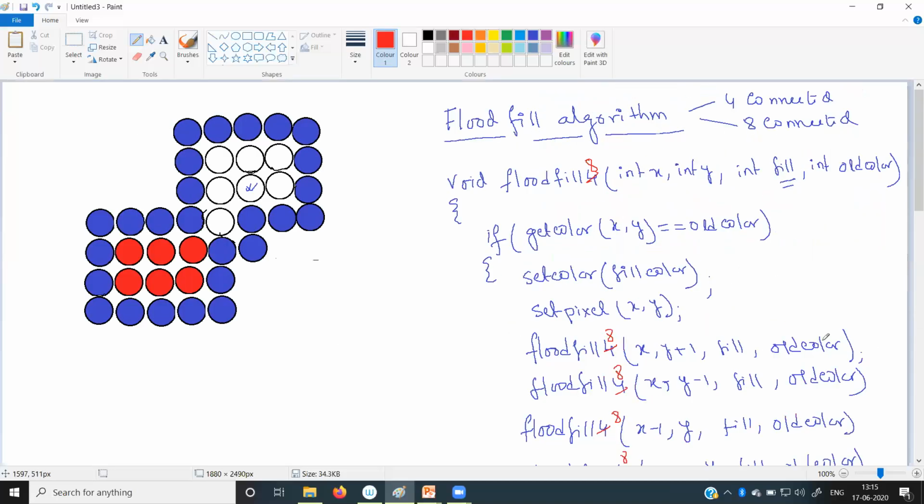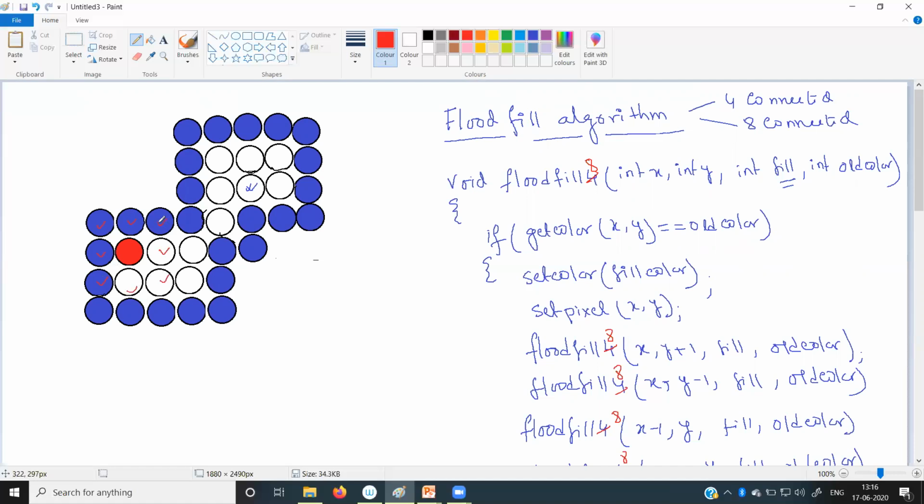So if we follow this algorithm for filling the polygon, you can see. Before that, I will again reset the color, so we make them white. Now I want to fill the polygon with the red color, so I will select this pixel first. As the boundary color is white and its color is also white, it will fill itself with the red color, and again it will call all its 8 nearest neighbors. So who are its 8 nearest neighbors? The nearest neighbors are this one, this one, this one, this one, this one.